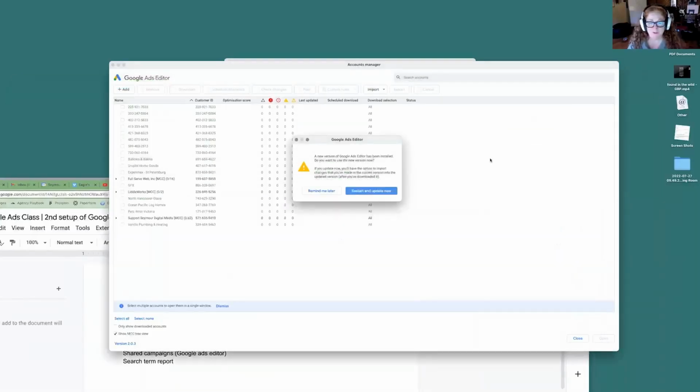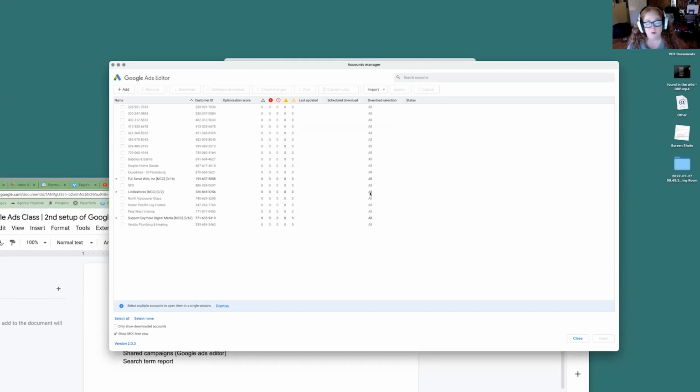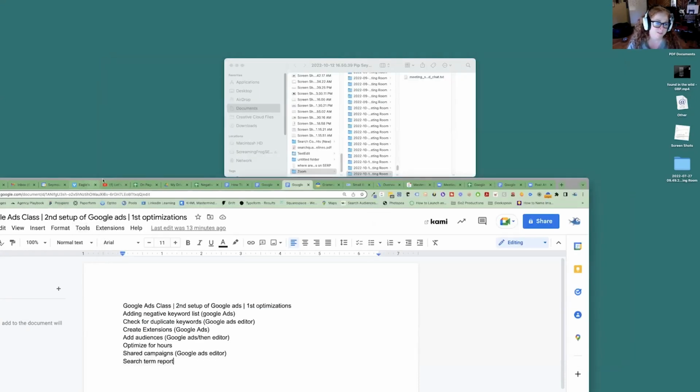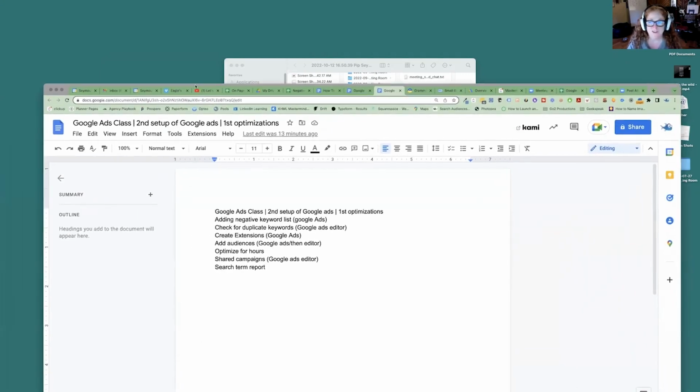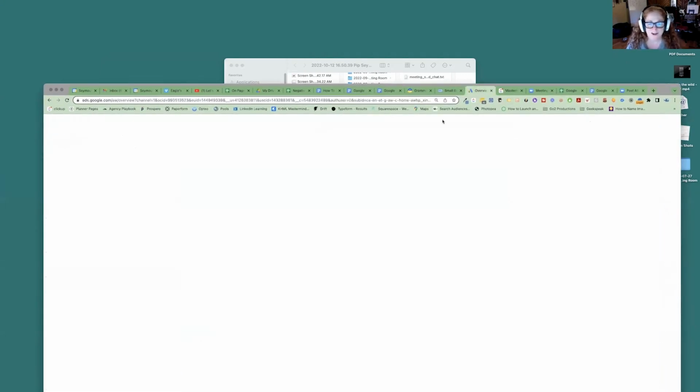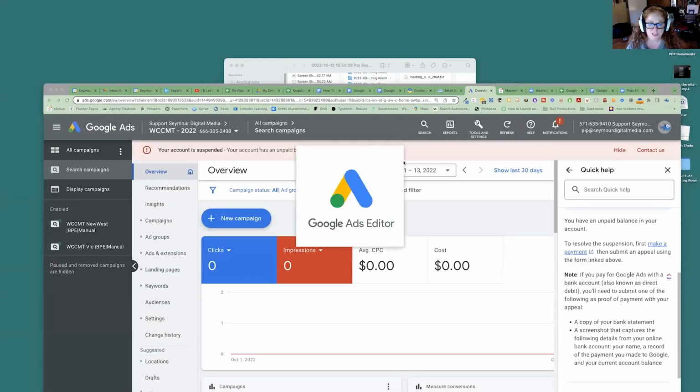I have the AdWords editor open. I just wanted to show you all. This will happen a lot with Google Ads Editor. You'll go to log in and it'll say restart and update now. There's always changes. And speaking of changes, inside Google Ads, when you log in, oftentimes you'll see, okay, it's up